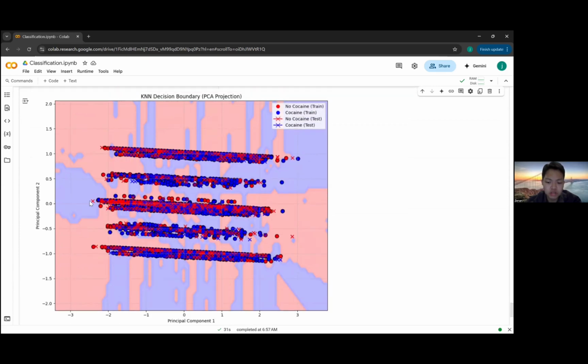The blue area indicates the predicted cocaine presence. Training points are shown as circles and test points as X markers, with red for no cocaine and blue for cocaine. The complex alternating pattern of the decision boundary shows why our model has moderate performance. There's significant overlap between the classes, making it difficult to clearly separate cocaine from non-cocaine cases based on demographic and